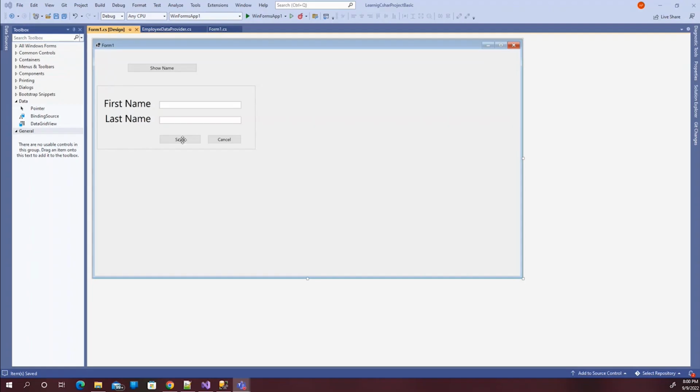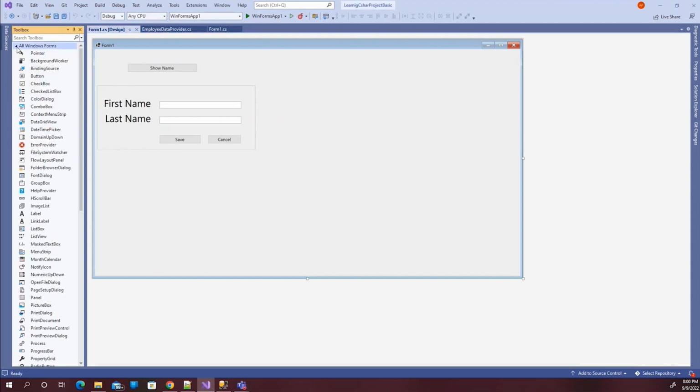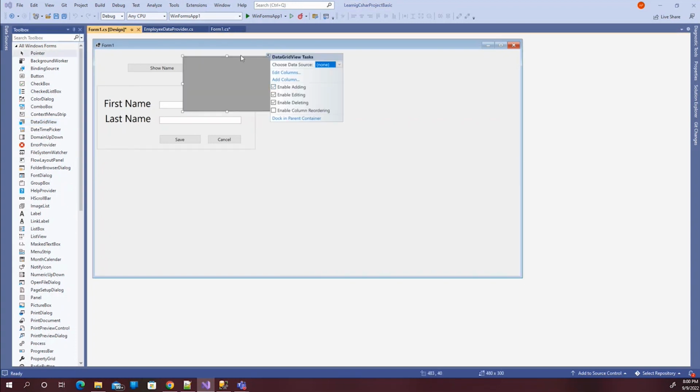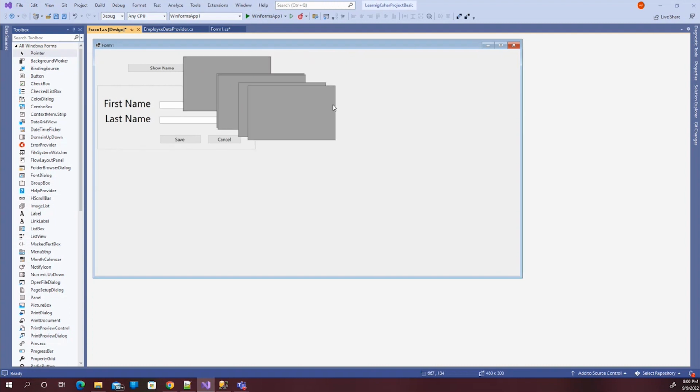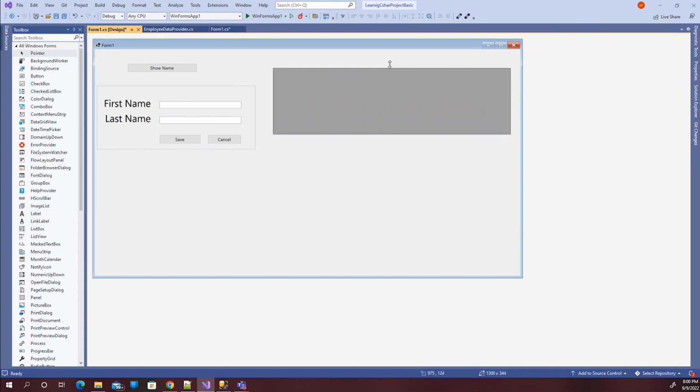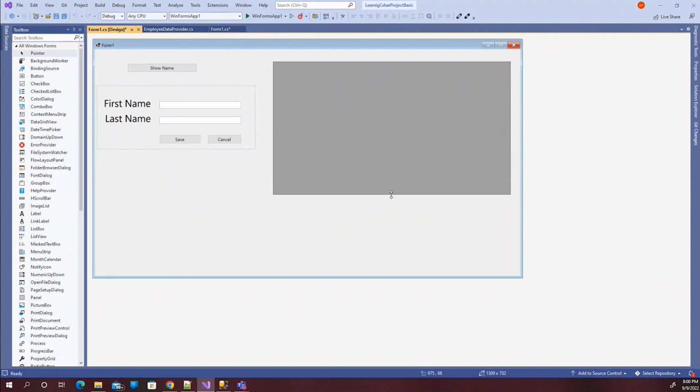We will try to learn one more component from our toolbox, that is grid view. So let's drag it in our form. And this grid view we will use to list our data that we had stored in our database. So to load the data, first we need to bring a control that can load the data and list it over here. So in order to load the data in this data grid view,